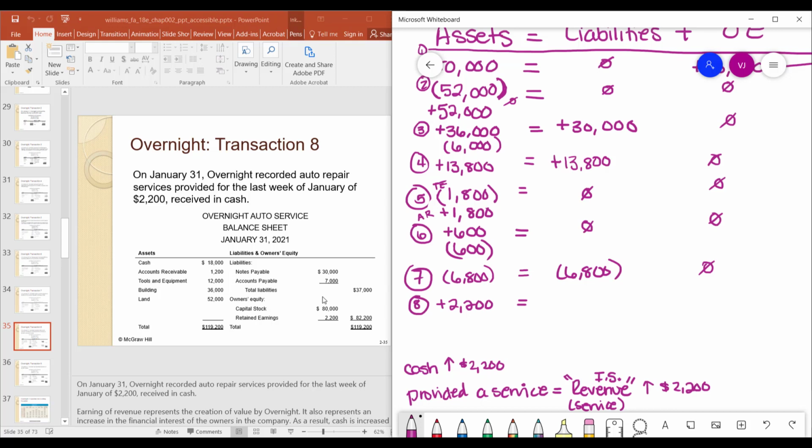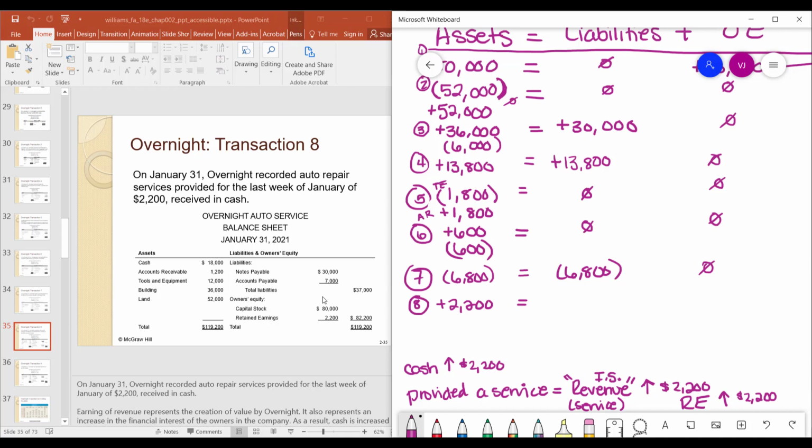Revenue, when revenue goes up, retained earnings goes up. Okay, so we'll learn how that happens in later chapters. But we don't have to worry about those details at this moment in time, just know when revenue goes up, retained earnings will also go up due to an eventual journal entry that we'll learn how to do. Okay, so if we know cash went up by 22 and then also retained earnings goes up